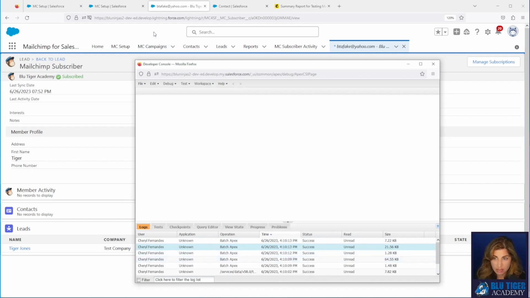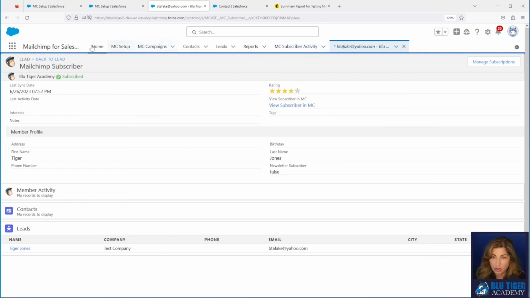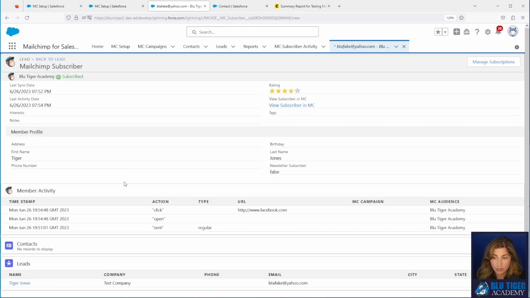And then once it's done, we can go back to our record here. We're going to click refresh. And then we're starting to see some activity. So we can see that Tiger Jones was sent an email, opened, and then clicked it, and which link was clicked from the email.